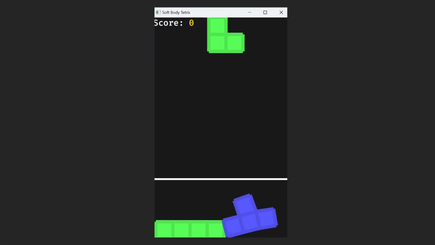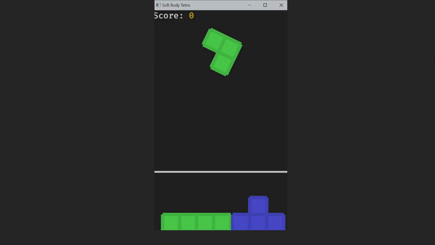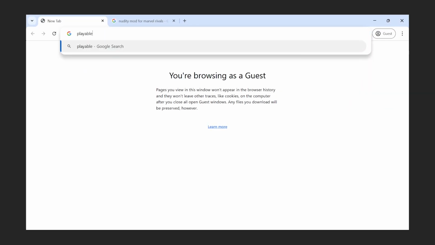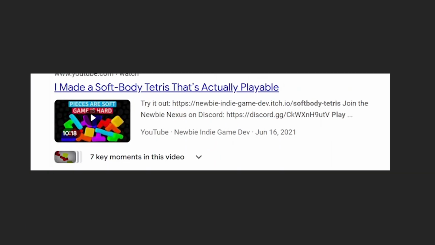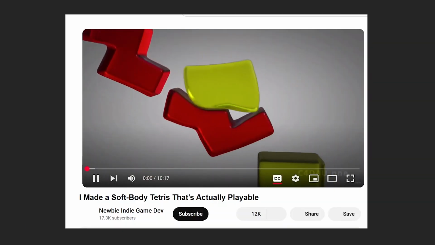Okay, so moving on, let's be the first person to make a playable soft body Tetris. What's that? Someone did it before me? You can't be serious. I mean, who would think of such an innovative and unique idea before? Well, crap. Well, actually, it's not that bad, because although newbie indie game dev, what a stupid name with 3